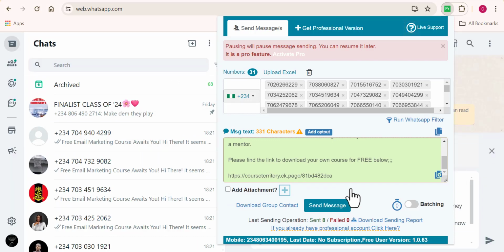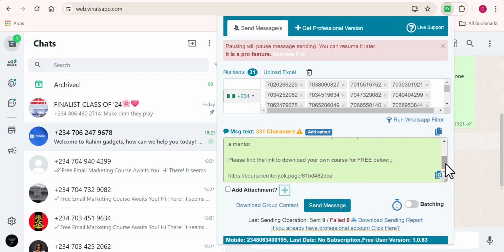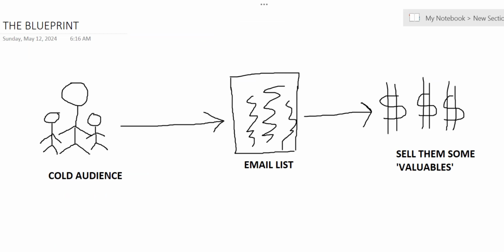Once they start seeing your message, they read through and see the kind of value you are providing them with. Just like me, who said if they are interested in a free email marketing course, they can get that by giving me their email address. So you want to provide value, because once you do that, you are going to be building familiarity between yourself and them. Once this person gives you his or her email address, it means to some extent this person can trust you. So once you have this person on your email list, you can go ahead and start pitching to this person, and you can be making real money from it.